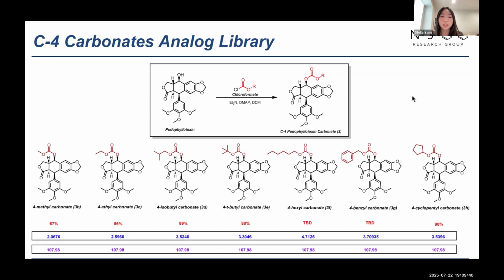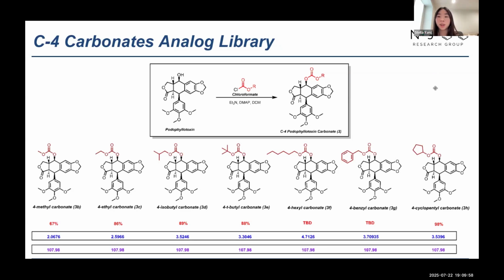For the carbonates, this is a one-step reaction where we add the corresponding chloroformate to podophyllotoxin to achieve the carbonate, and we made 7 carbonates in total. And then as for the carbamates,